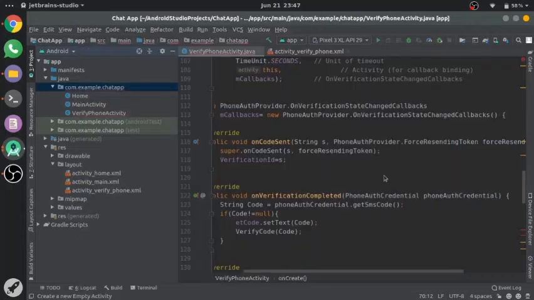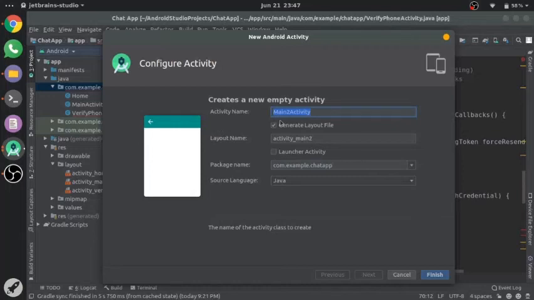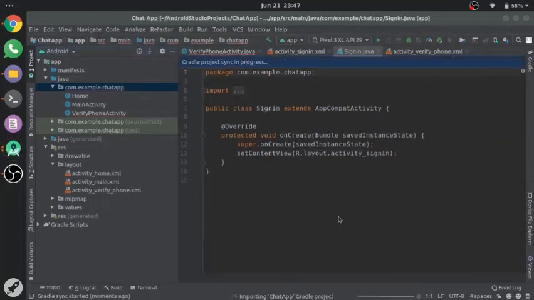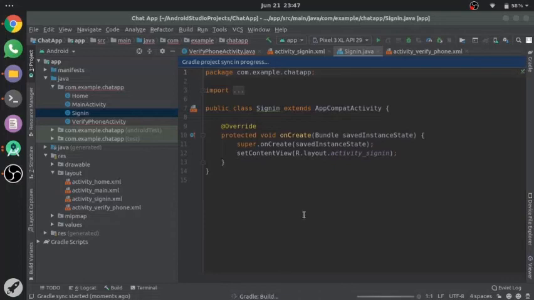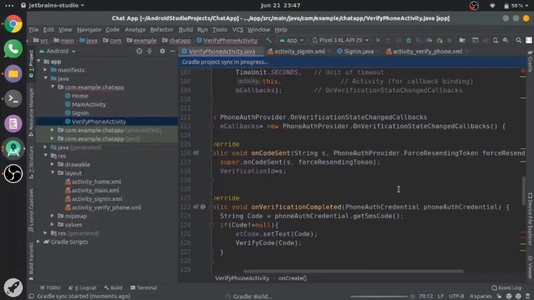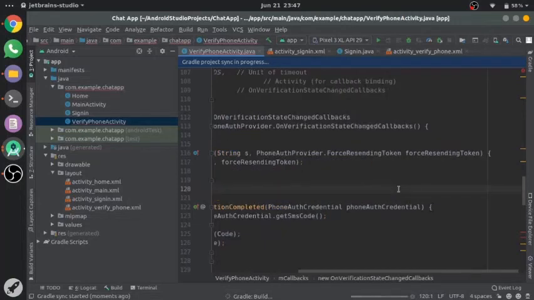Give a name, sign in activity, and click on finish. Where do we have the error?